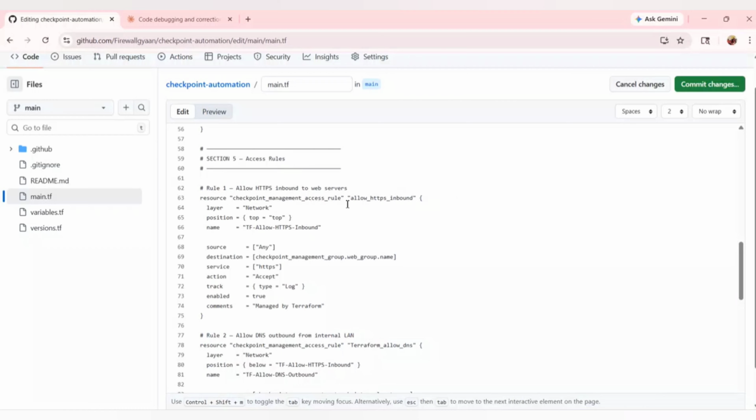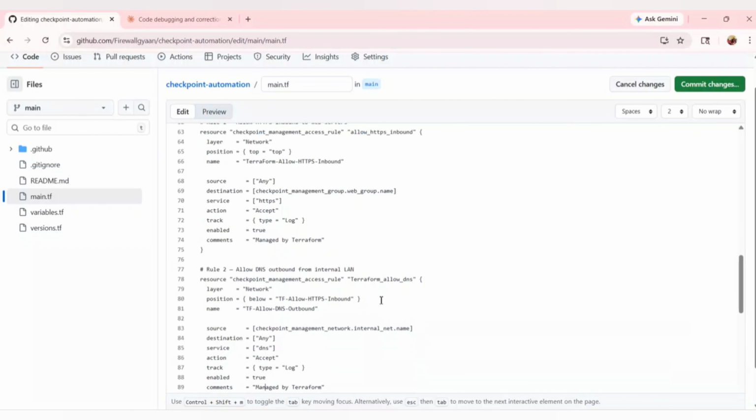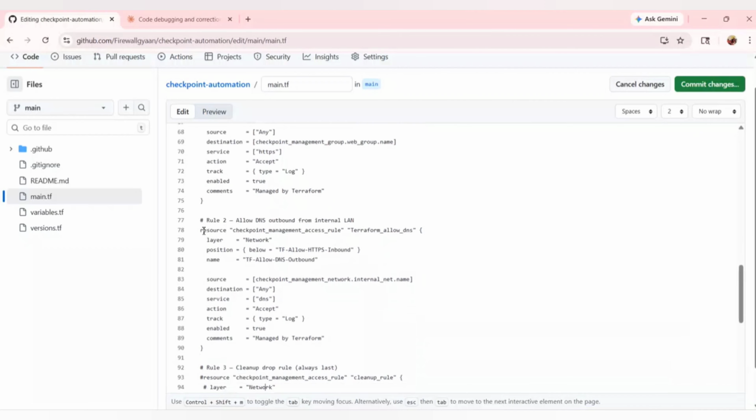Resource checkpoint_management_access_rule allow_http_inbound. Okay, now this is fixed, so you should see the changes that need to be done here. My mistake was that I just assumed my rule name should be something like this here, but it's supposed to be here, right? So I'll change the rule name here, Terraform. Okay, now everything looks good. Now here also I made a mistake, if you see, right? So if I just copy paste this thing also,